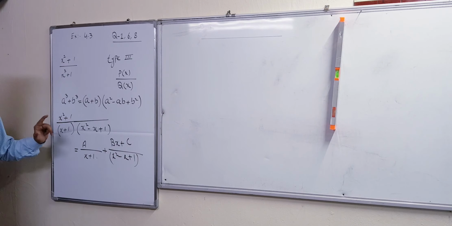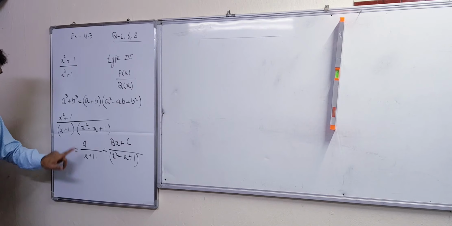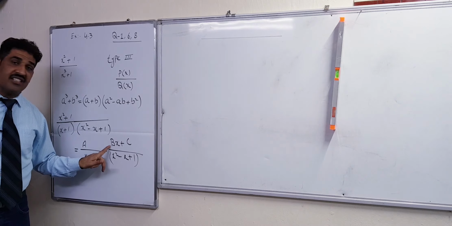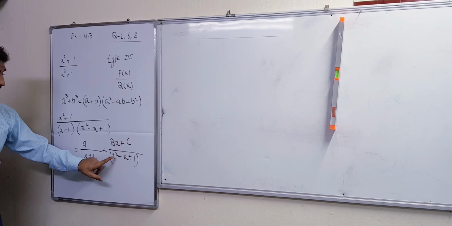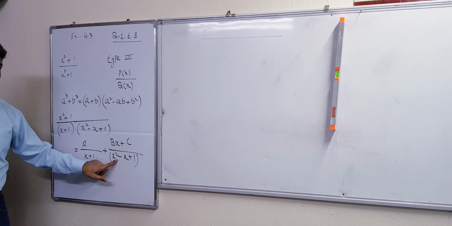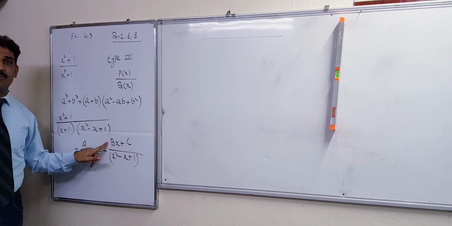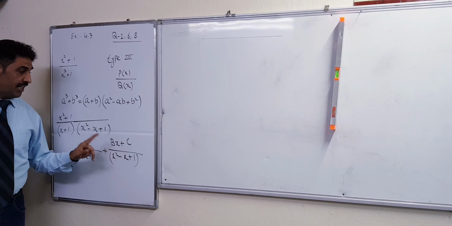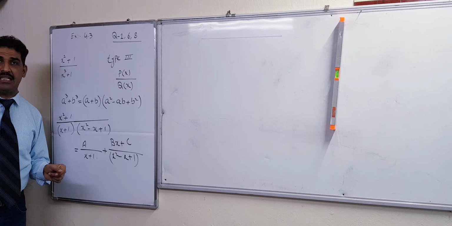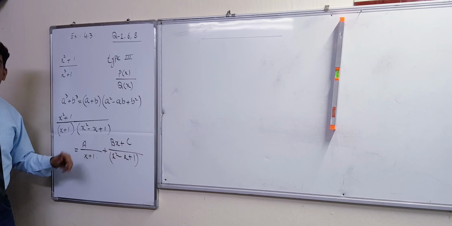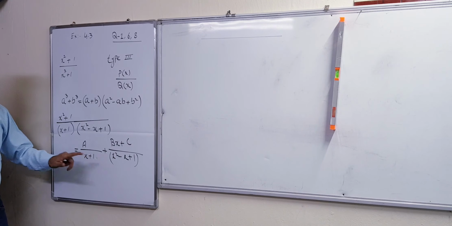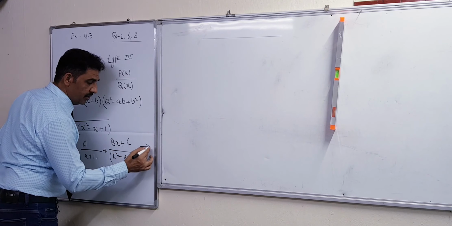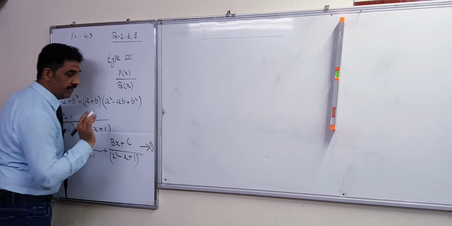What's the change between 4.2 and 4.3? Before that we would write only A over x plus 1, B over x minus 1, and C over another factor, always writing only B or C. But when there is a quadratic factor in the denominator, you will not write single B or single C or single D. If you have to write B, then you write Bx plus C. If you are writing C, then you write Cx plus D. If you are writing A above this, then you write Ax plus B. That is the change of 4.3 with respect to 4.2. We will call this equation number 1.